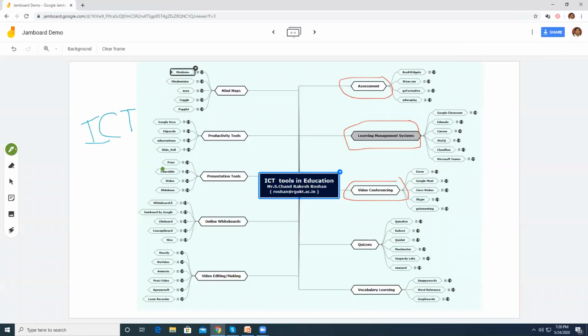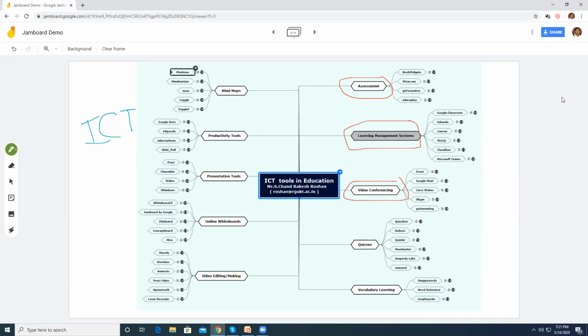And the other one is you can use this Jamboard. As I said, this Jamboard gets saved as a jam file in your Google Drive. Now you can give assignments on this Jamboard. You can do it from your Google Classroom. Just go to Google Classroom, create an assignment, and there you can give this jam file and then ask them to explore. Just say explain something, tell me what are the different parts of a circuit or whatever.